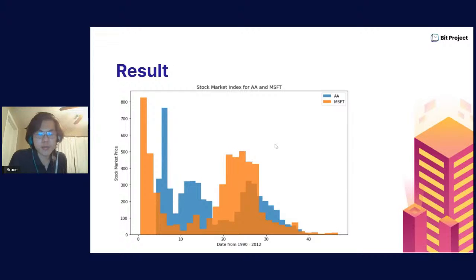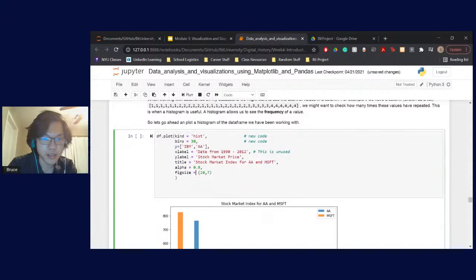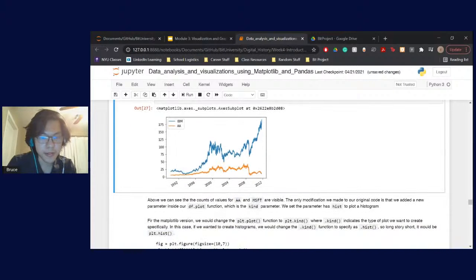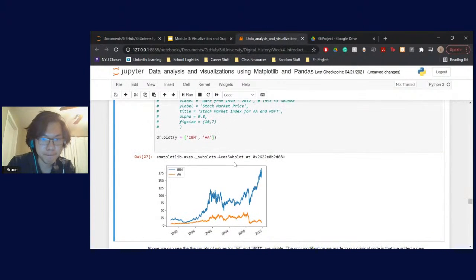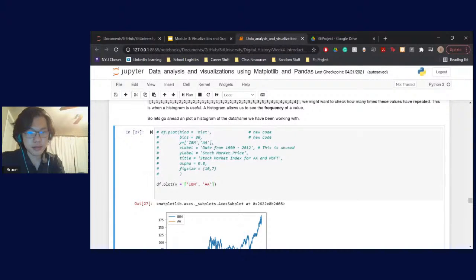If we look back to what Microsoft and AA actually look like in our plot, I'll do that with bf.plot, where y is equal to IBM, AA. Okay. So if we look at it here,